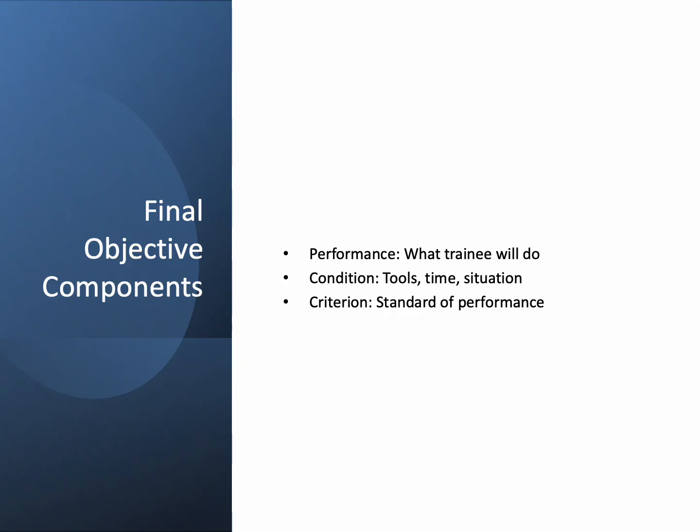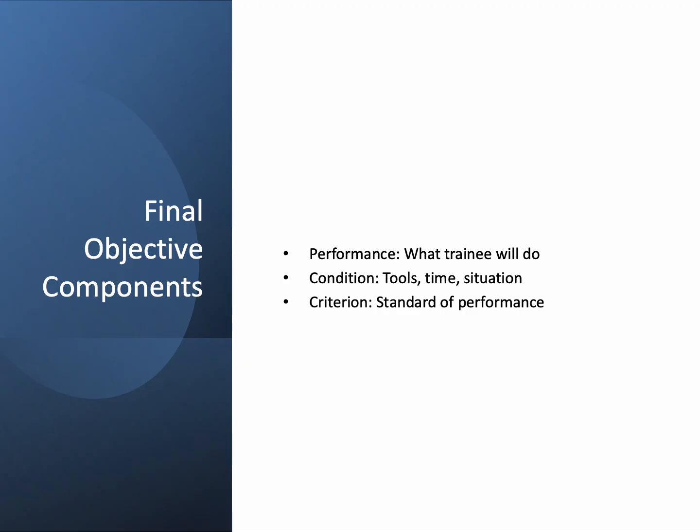These components ensure objectives are actionable and evaluable. As we discuss this, consider how these components apply to training in your field. Well-defined objectives guide effective training design in industries like healthcare or manufacturing, ensuring employees achieve specific, measurable outcomes that align